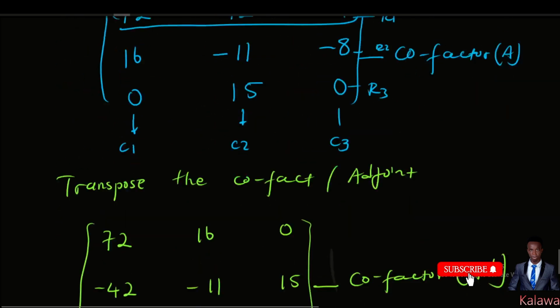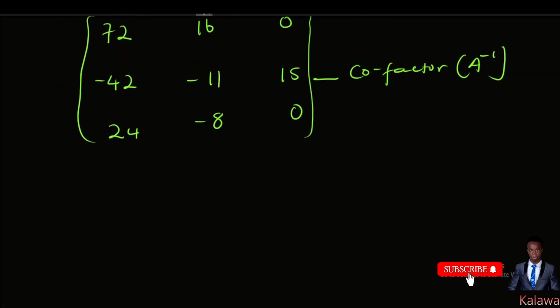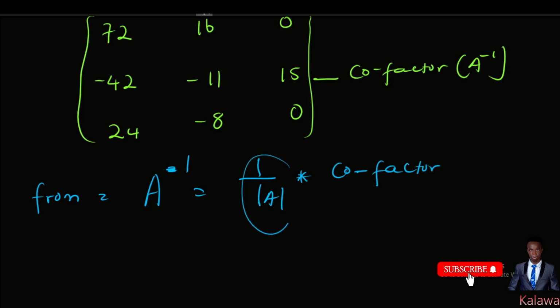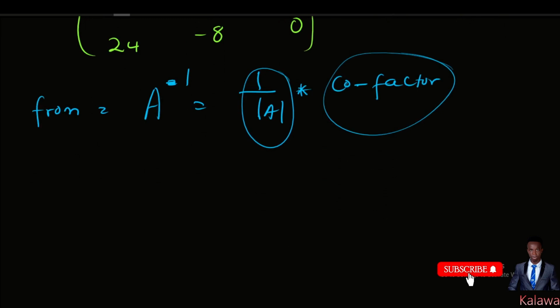So meaning we have now ascertained the determinant. The inverse of A is 1 divided by the determinant of A multiplied by the cofactor. We have ascertained the determinant to be 120, and we have now ascertained the cofactor. So I'm going to multiply this. We're going to split them now according to the formula. The inverse of A now is going to be 1 divided by 120 multiplied by